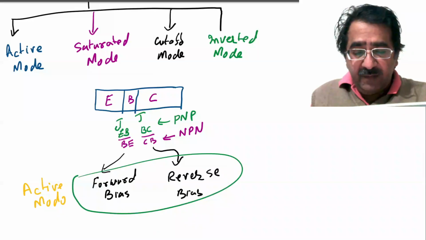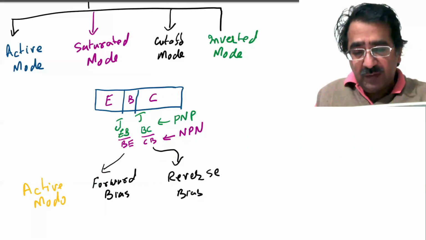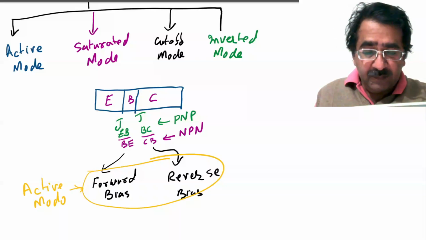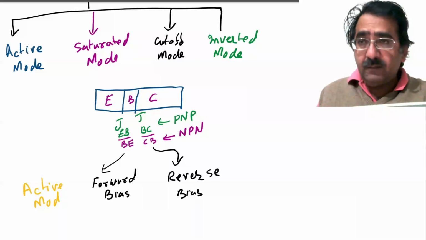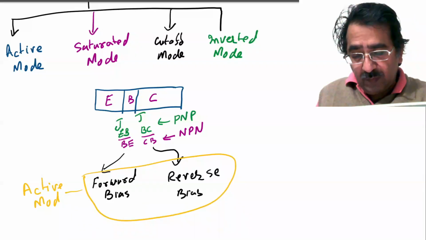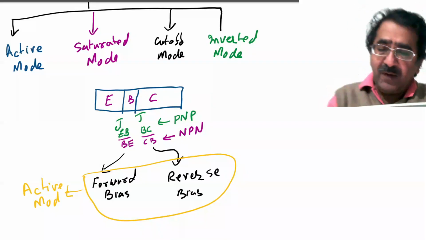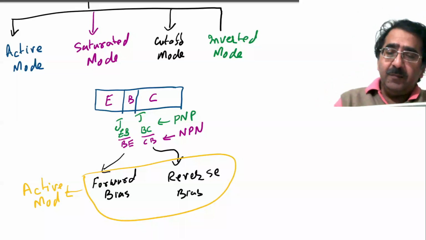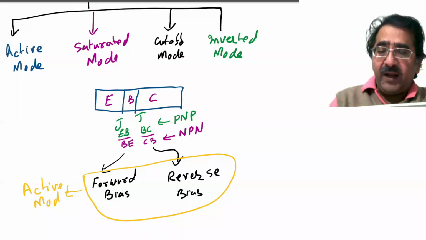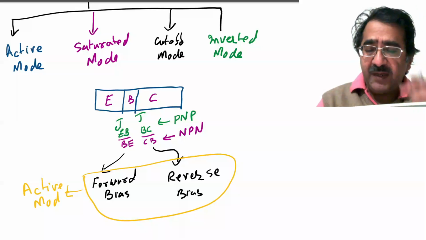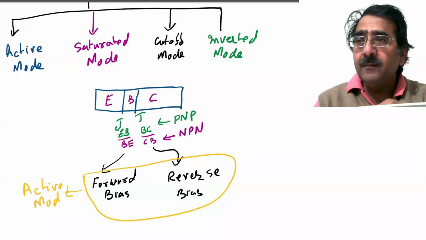Why is this active mode? For active mode, the EB or BE junction will be forward biased, and the BC or CB junction, BC for PNP and CB for NPN, will be reverse biased. Why is this active? Because in this mode, the current